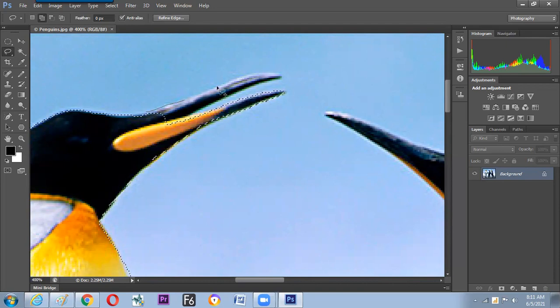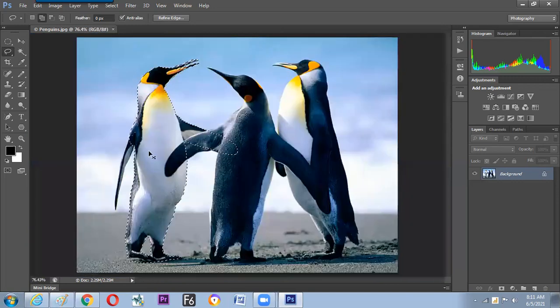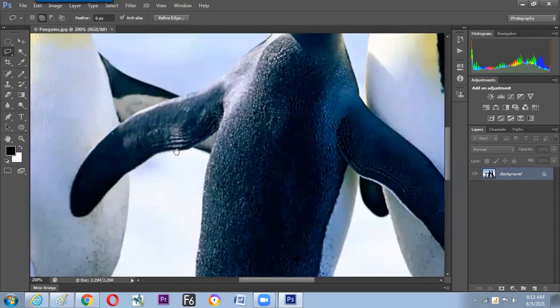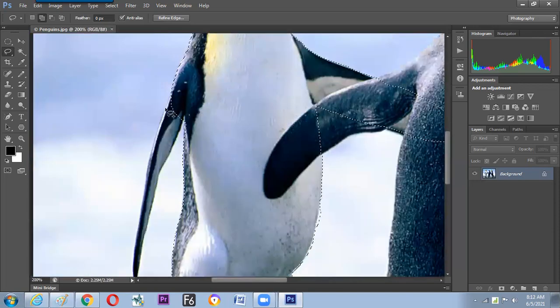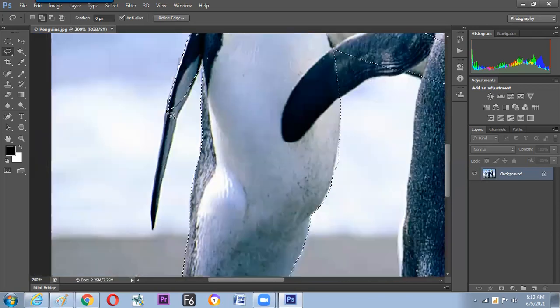The tool learning is not a big issue. Only how carefully we are moving, that does matter. So hope we have understood now how to make the photograph get selected. We can add and subtract as per the requirement, but altogether we have controlled the lasso tool to make a photograph get selected.